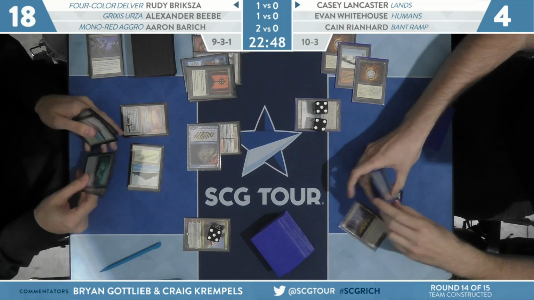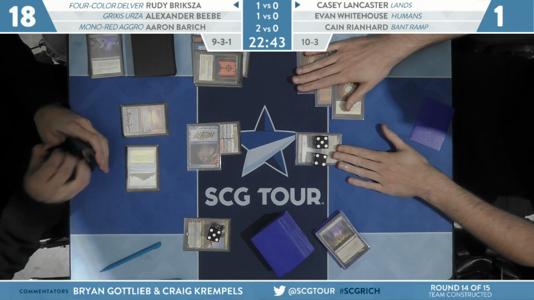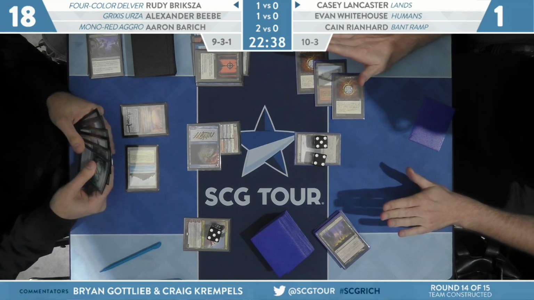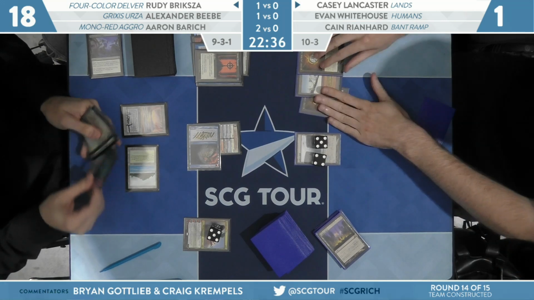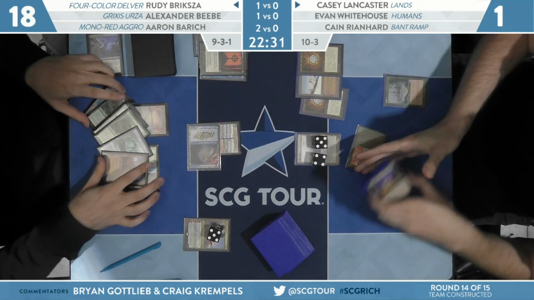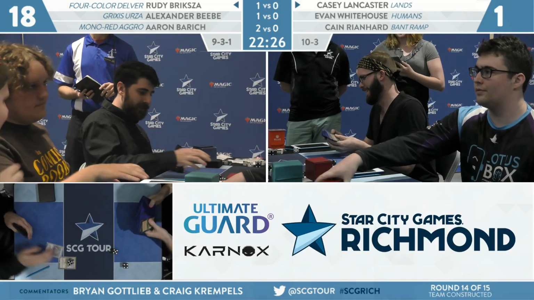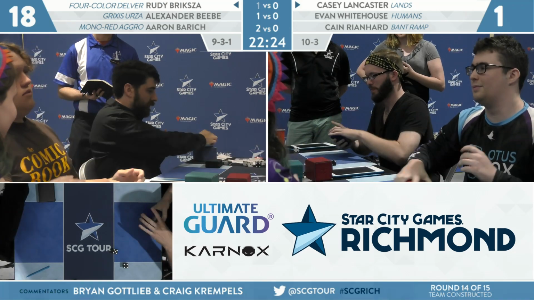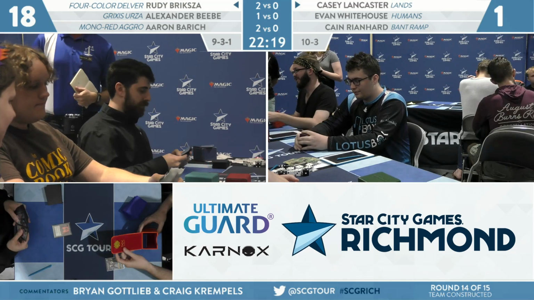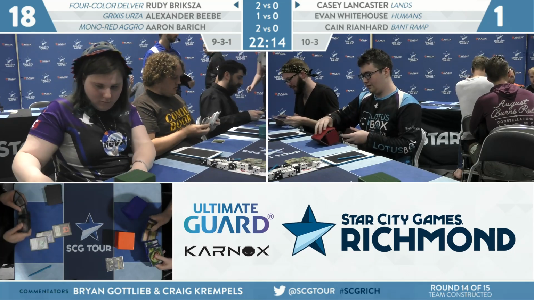Well, the Wrenn and 6 could have finished this game, couldn't it? Been used for the turn, so not now. Is it player or creature, or is it just creatures? I thought it was any target. Let's bring it up. Any target. Okay. Yeah, there's an option there. So ultimately, yeah, Rudy splitting hairs gave him an extra turn, but it did not matter. Yep, splitting hairs. And the team of Briksza, Beebe, and Barich keeps their hopes alive. Like we said, probably need another win, but they're still in it. And the team of Lancaster, Whitehouse, Rianhard, going to be